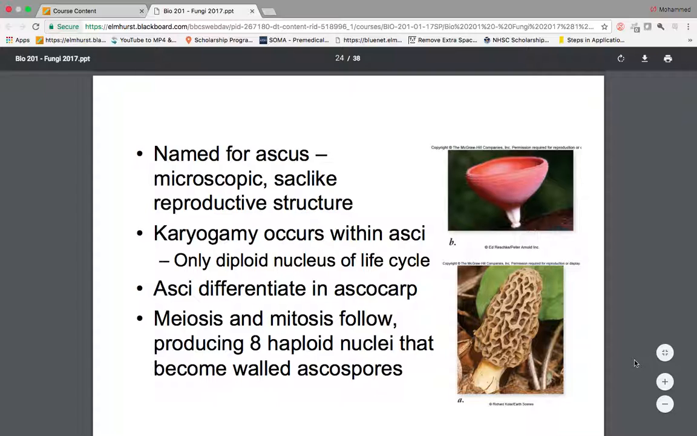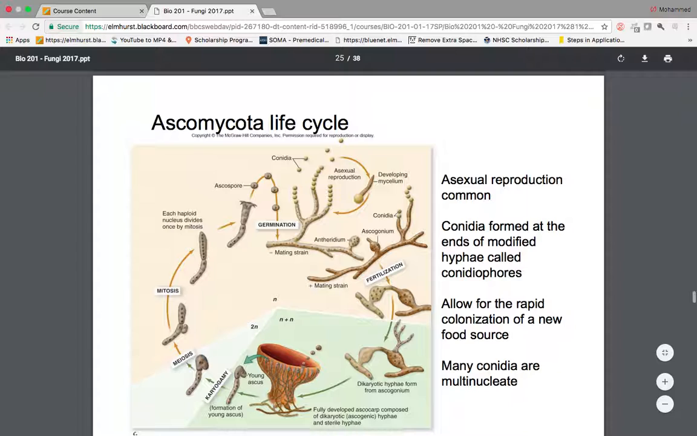There should be 8 haploid spores. So here's our ascus. Along the inside of this thing is where, here's our cup where the ascus is. We're going to start with the mushroomy looking thing, even though it's usually very small. The ascus has the location of those 2 nuclei forming 8 ascospores. The ascospores germinate and form into a